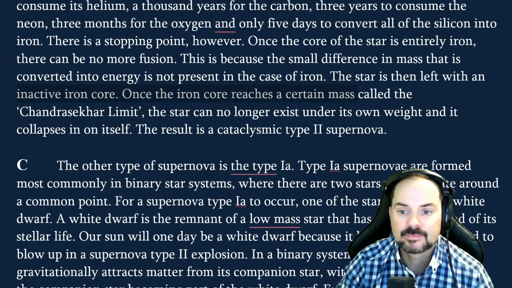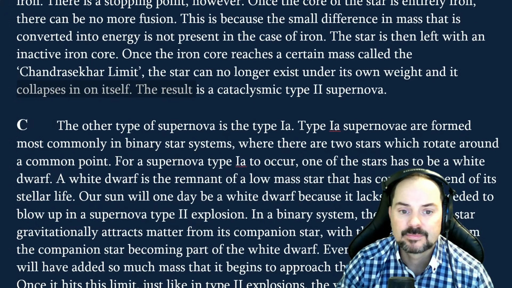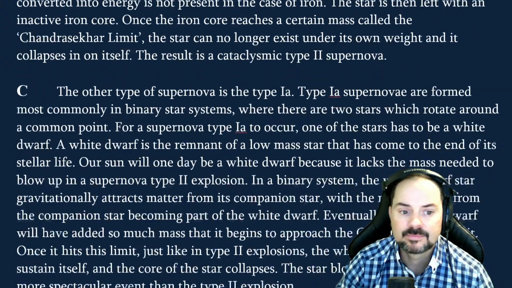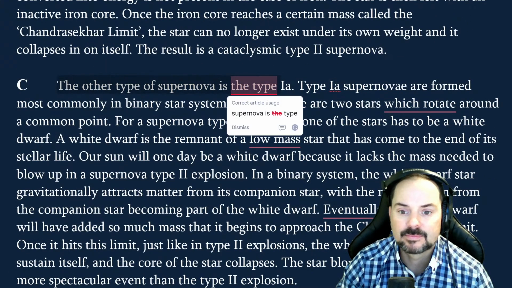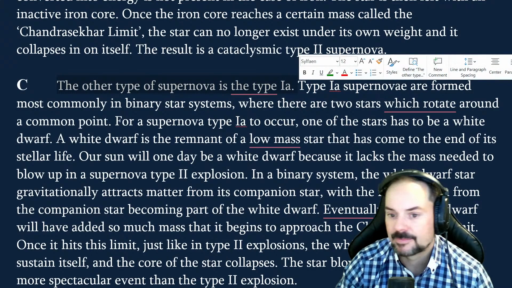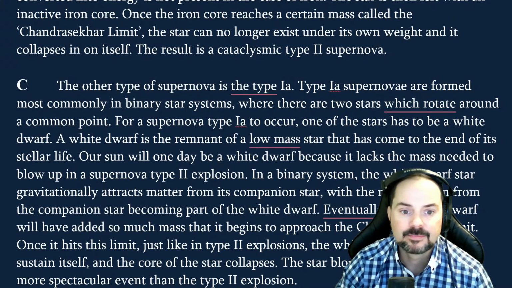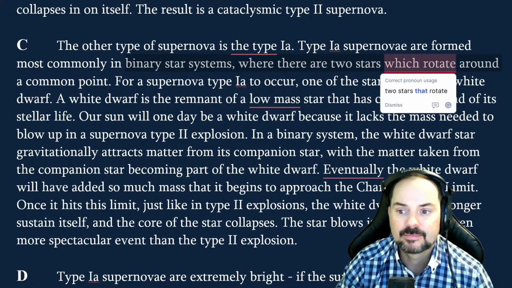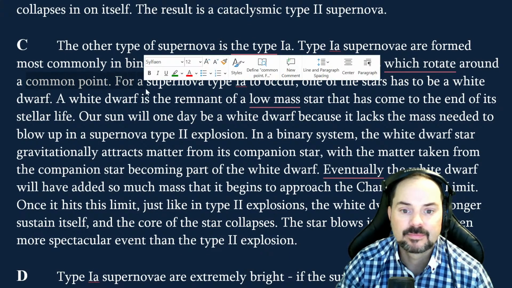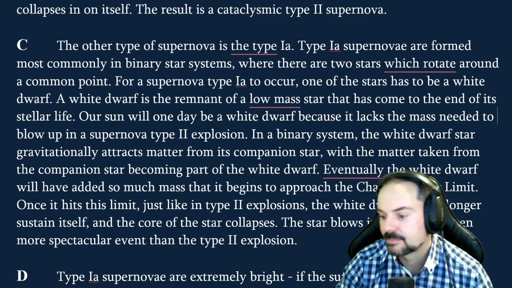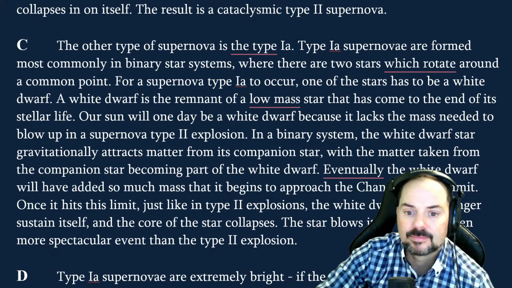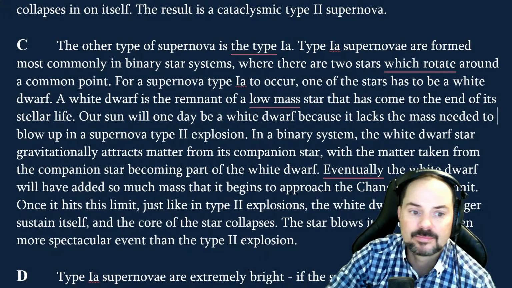Once the iron core reaches a certain mass, called the Chandrasekhar limit, the star can no longer exist under its own weight and collapses in on itself. The result is a cataclysmic Type 2 supernova. The other type of supernova is the Type 1a. Type 1a supernovae are formed most commonly in binary star systems, where there are two stars which rotate around a common point. For a supernova type 1a to occur, one of the stars has to be a white dwarf. A white dwarf is the remnant of a low-mass star that has come to the end of its stellar life. Our Sun will one day be a white dwarf because it lacks the mass needed to blow up in a